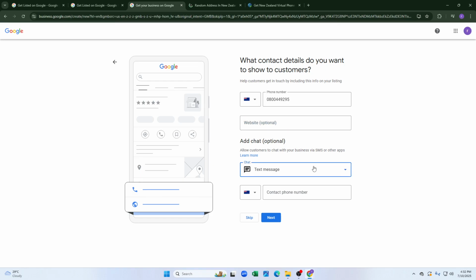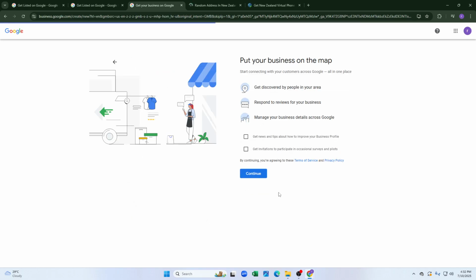Website is optional. Text message, we can click on WhatsApp or text message, and then click on next, and put your business on the map. Get discovered by people in your area. Respond to the reviews of your business. Manage your business details across Google. Get news and tips. Get invitations. You can just check these fields and click on continue, and after that